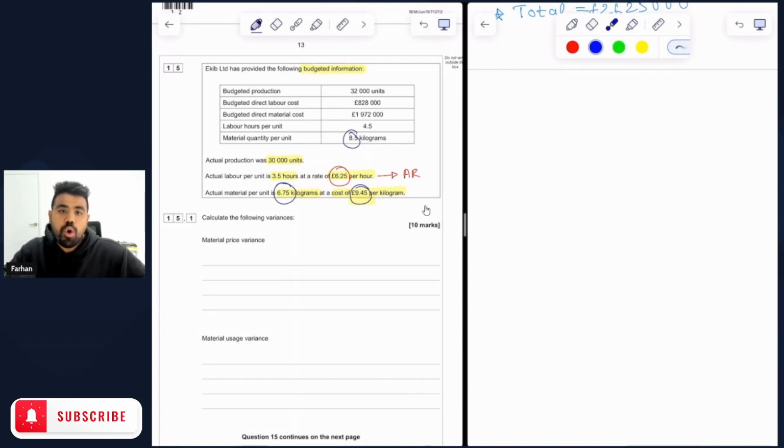This question requires you to calculate four types of variance: the material price variance, the material usage variance, labor rate variance, and labor efficiency variance. I'll be solving the whole question with you together step by step, so make sure to follow through the entire